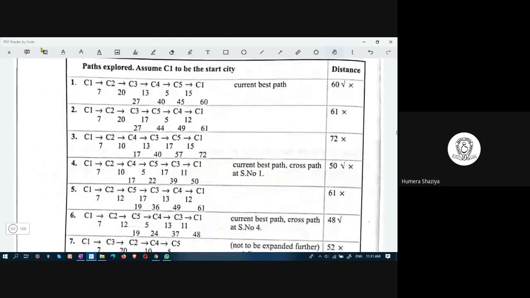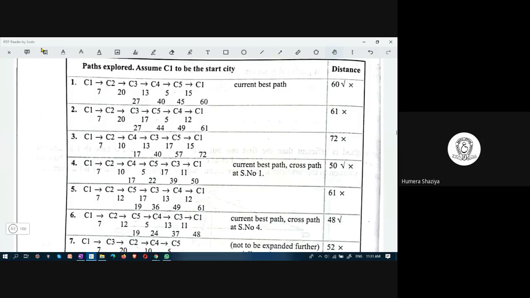In this solution, start from the start city, go to the next city and travel all the cities once and come back to the starting city. And we are putting the distances 7, 20, 13, 5, 15.